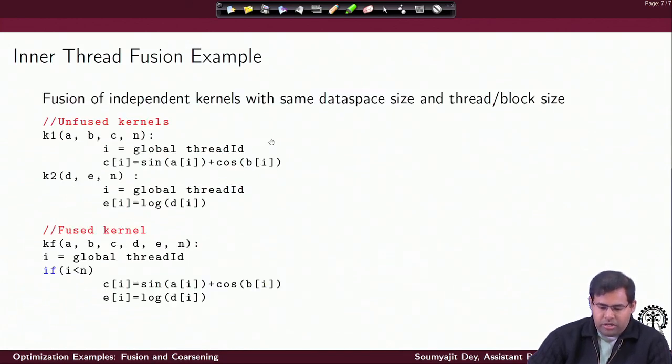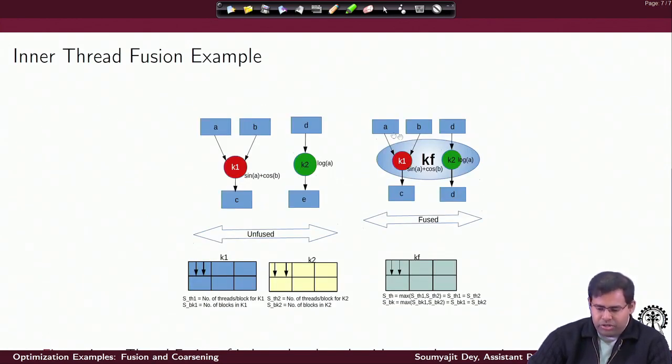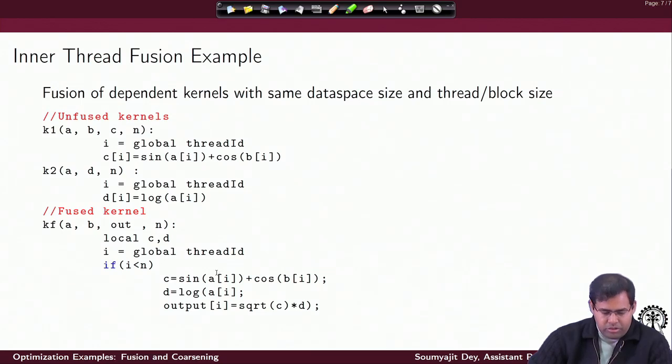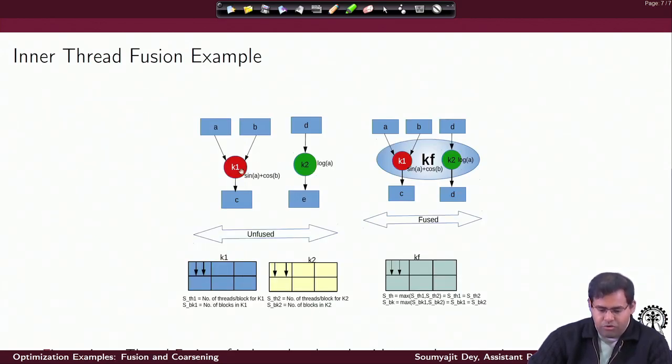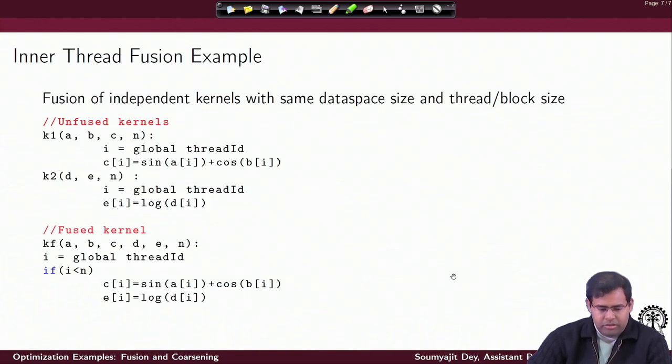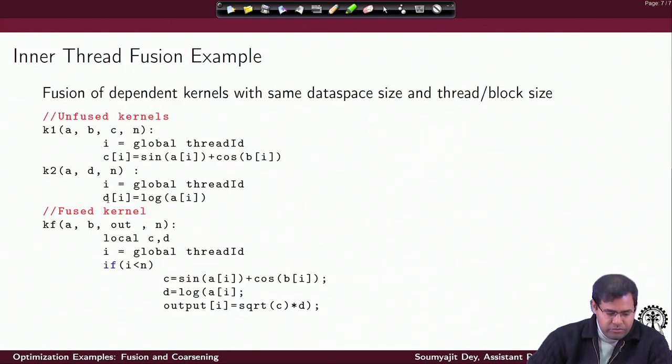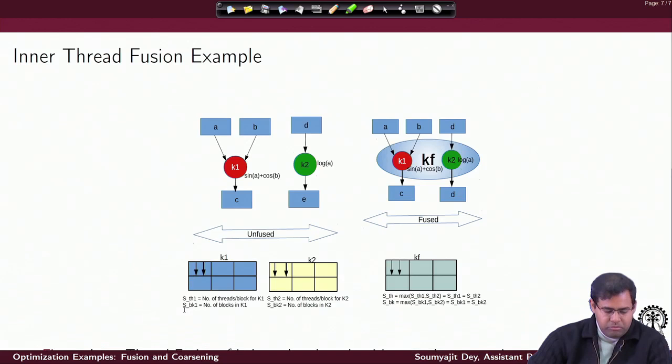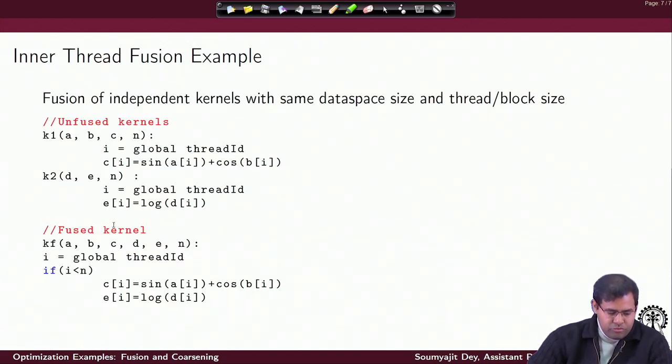Again, I am just recapitulating here. This is the inner thread fusion example, and this is the very simple situation. Unlike the previous program, which was the total fused kernel, this picture is just showing how the fusion of K1 and K2 will look, very similar, just missing the code for K3 here. The fusion is quite simple for K1 and K2. The difference is that earlier I also had K3 in the final output. Here I am just showing the example of fusing K1 and K2, where the two simple operations are done, right.